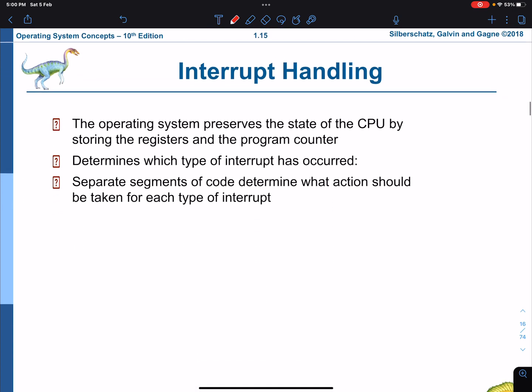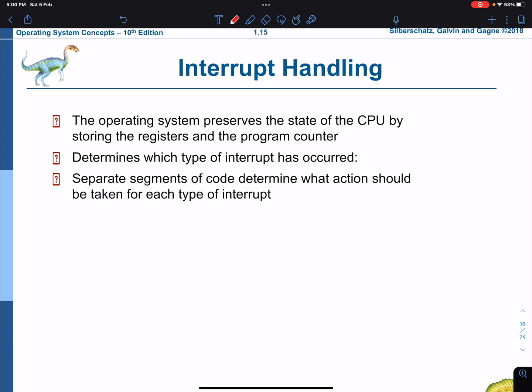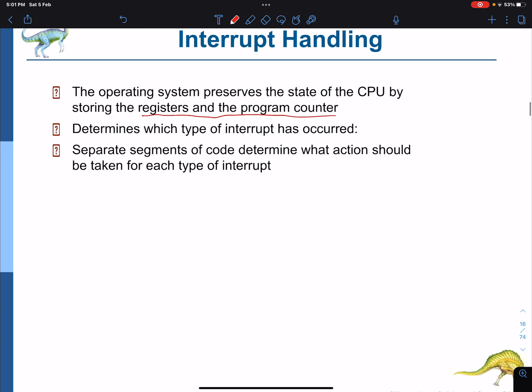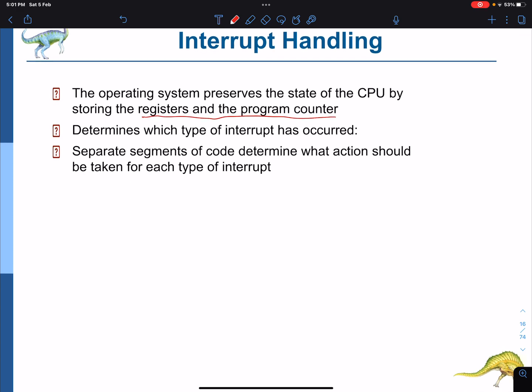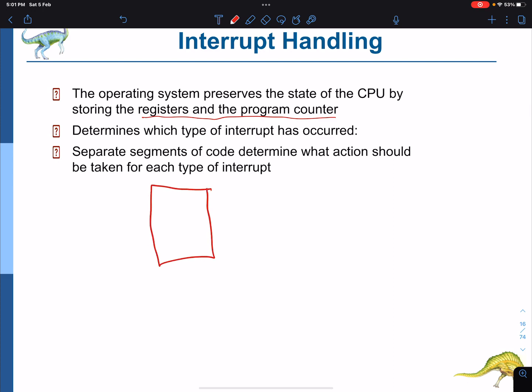So how do we do interrupt handling? The operating system preserves the state of the CPU by storing the registers and the program counter. Why? This will be very obvious in chapter 3, but let me talk about it now. The execution of the program depends mainly on memory, so the memory contains the registers and so on, and the program counter.